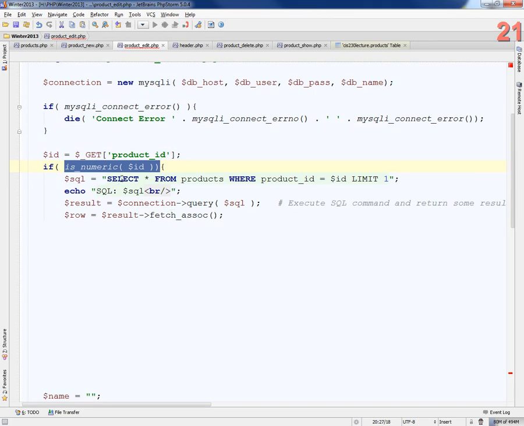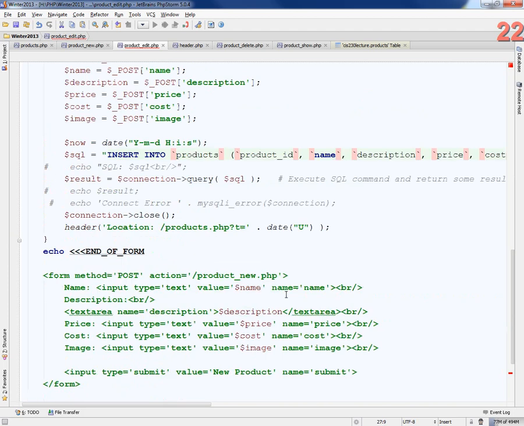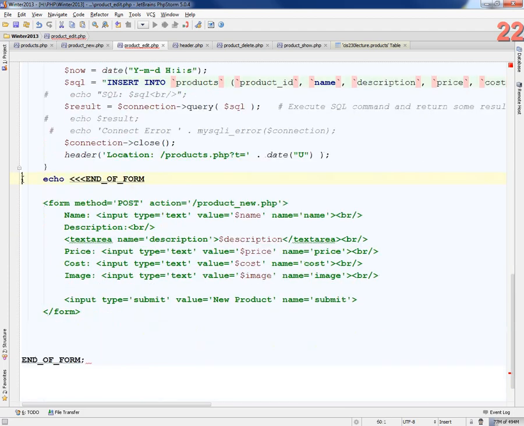And then I'm going to query the database for that, get 1 row back, 1 record back. This is actually doing the query. Then I'm going to get a row, which is an associative array, and I can start to use that data to fill in my form, right? I want to fill the same form that I created with the pre-populated data, right? Because I don't want them to have to type it over again. So I'm going to use my same form here